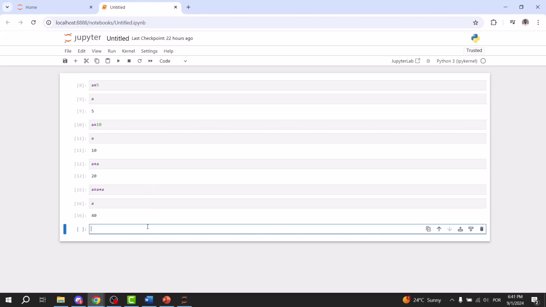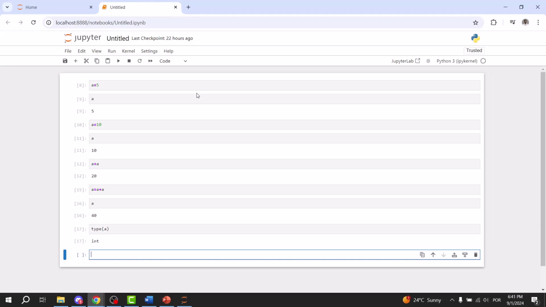Now, if I want to check the type of a, we can use the type keyword, which is type of a, and it returns integer. Now let's